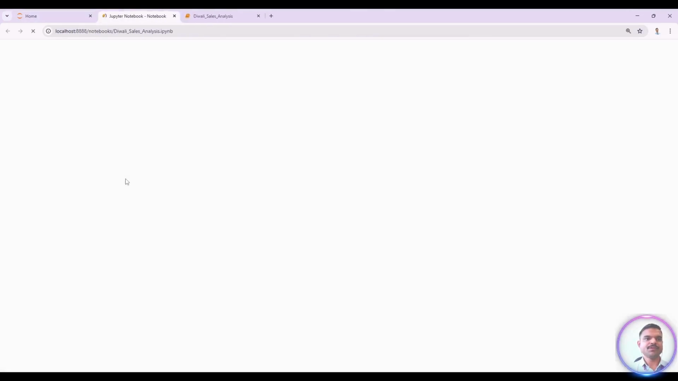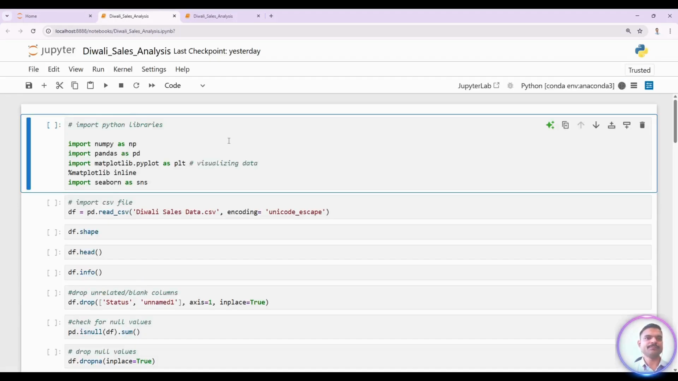So here is a .ipynb file, a Jupyter notebook file. I will explain the code line by line to you. Now first of all I have to install Python libraries, which you can see here. I have imported NumPy, Pandas, Matplotlib, Seaborn. So first of all I have to install them,